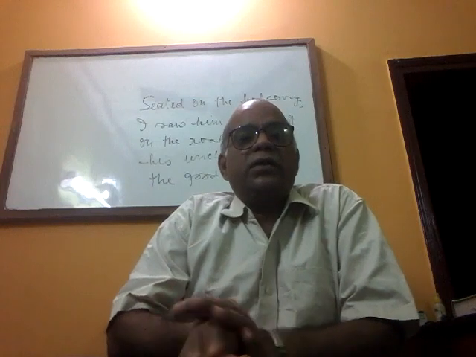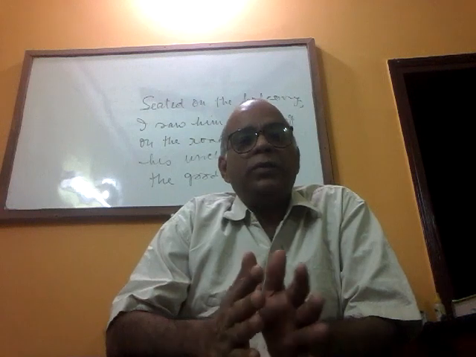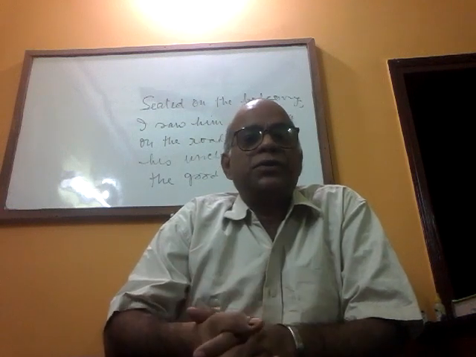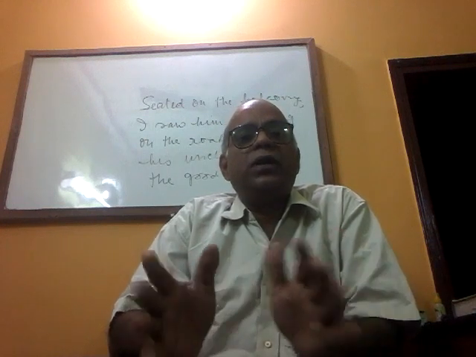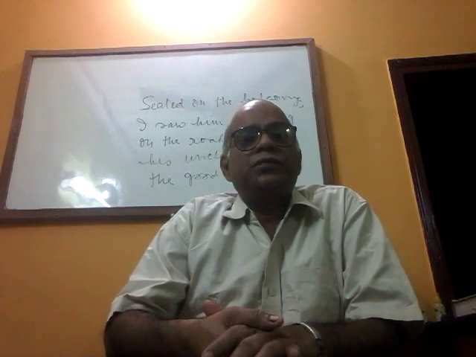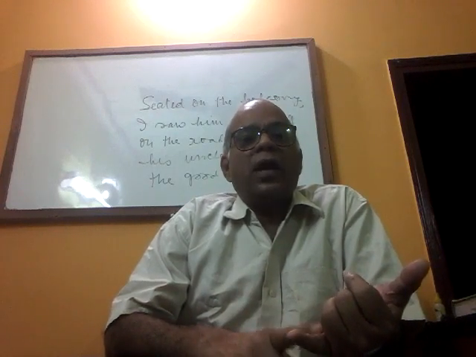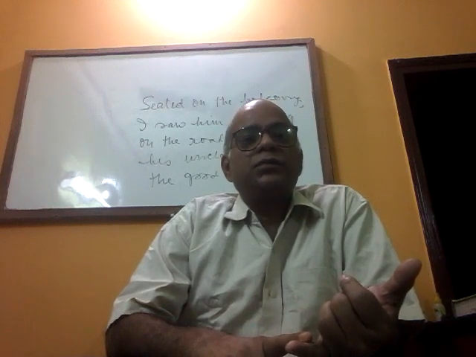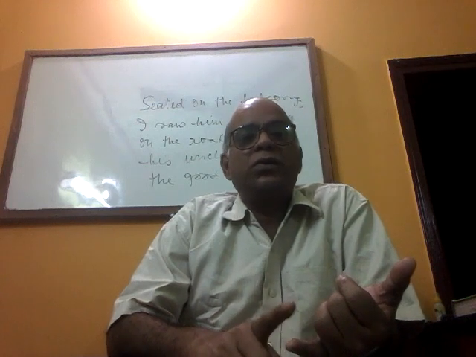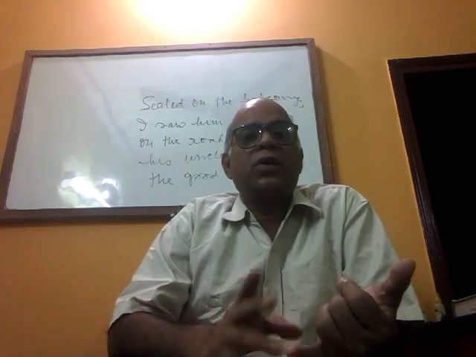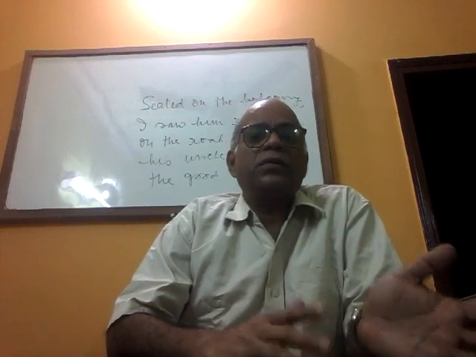So there are 26 letters in the English alphabet, and these letters can be broadly divided into three categories. For the convenience of our progress, let us divide it into three categories. First one is regular vowels, then regular consonants, and the semis. I won't call them semi-vowels or semi-consonants, I will just call them the semis, because semi means half, you know. Sometimes they are consonants, sometimes they are vowels.